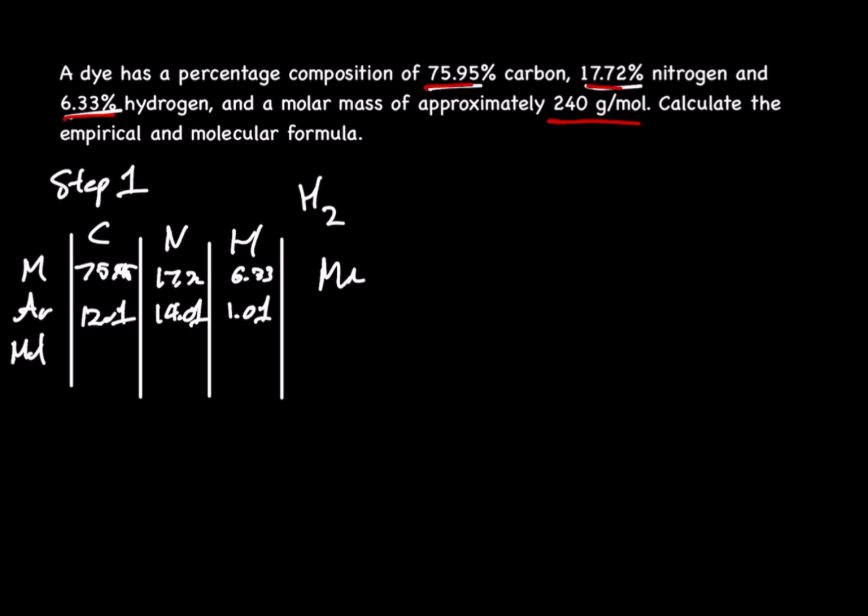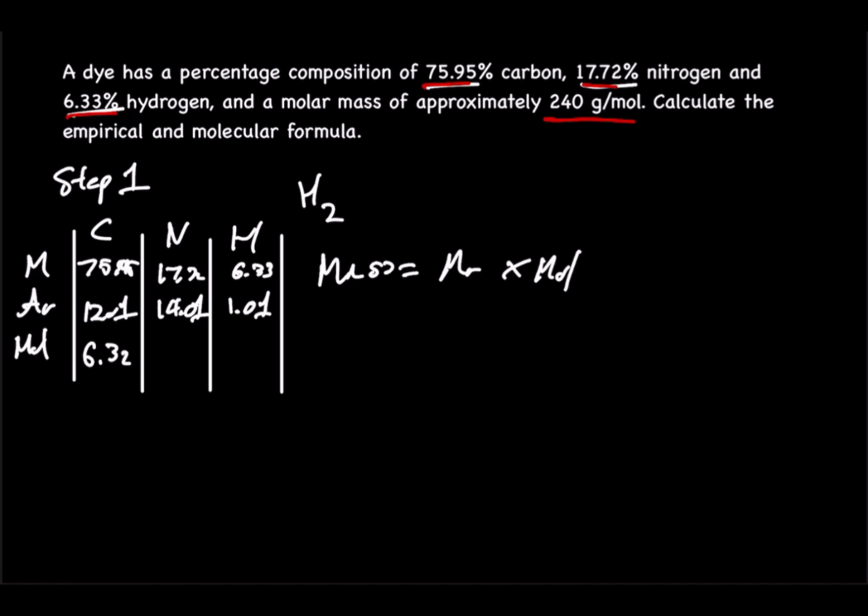Because mass is equal to Mr times moles, your moles is going to be your mass over Mr. So your moles for carbon is going to be 75.95 divided by 12.01, which is 6.32. For nitrogen, it's 17.72 divided by 14.01, which is 1.26. And for hydrogen, it's 6.33 divided by 1.01, or